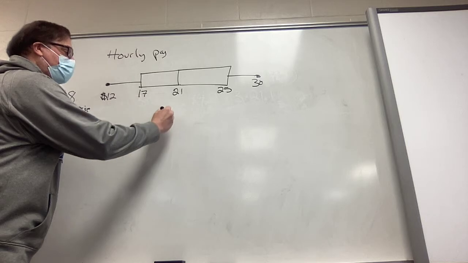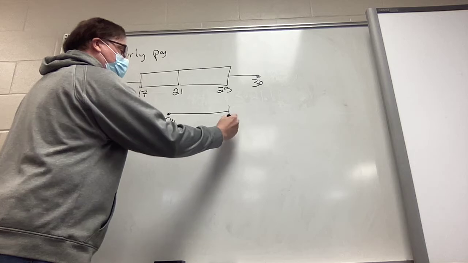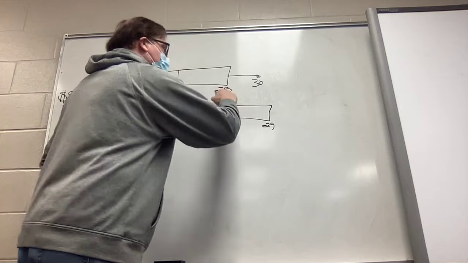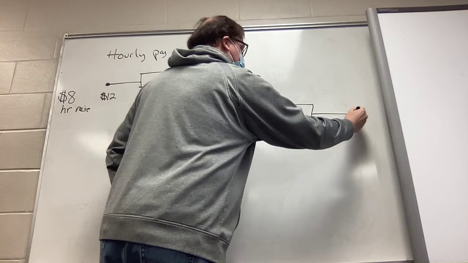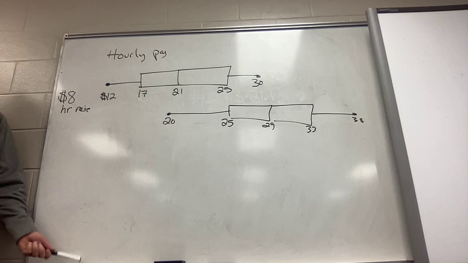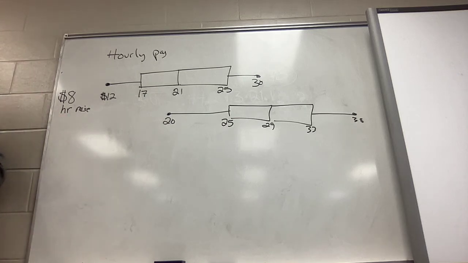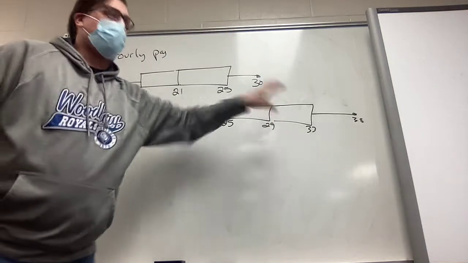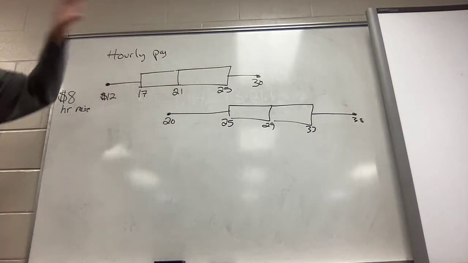The lowest would now be at 20, am I correct? The first quartile would be at 25. The median would be at 29. It would be here at 33, and you people in the corner can't see that, but the maximum would be at 38. Now, please disregard my bad artwork skills, but is this the exact same box and whisker simply picked up and put over further? Yeah, it's the same one, right? Just picked this up and moved it over.